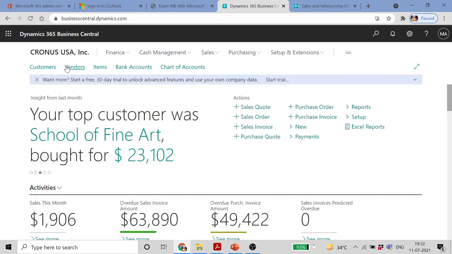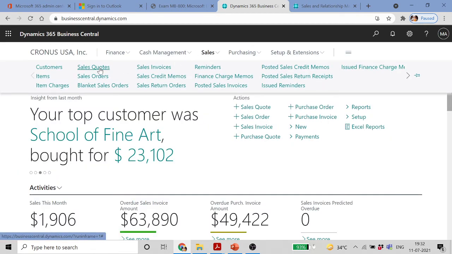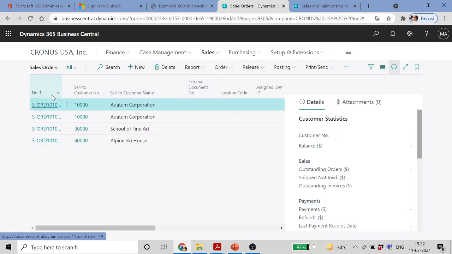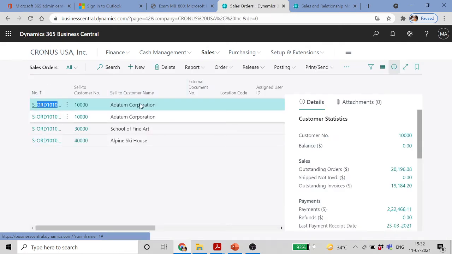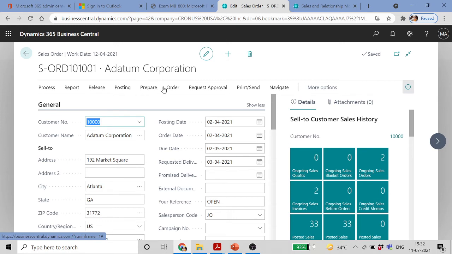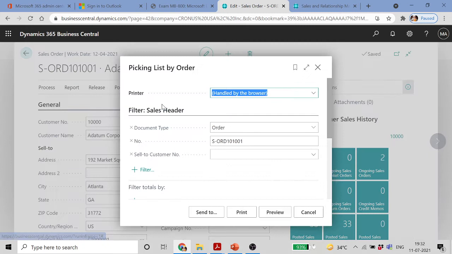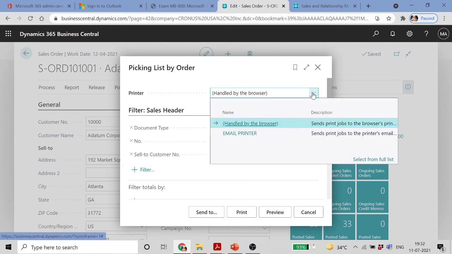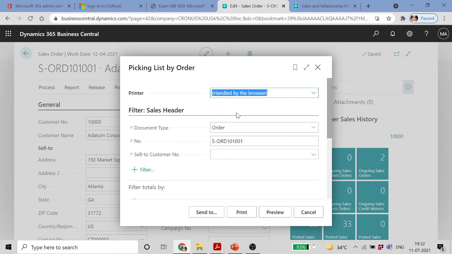So for example, if I go to a sales order and a report, picking list by order. So printer by default is handled by browser. If it is not defined there, then handled by browser. Otherwise, it will give me all the options. Email printer. Okay. So if I select email printer and print it,